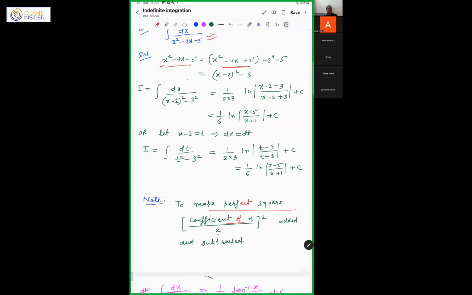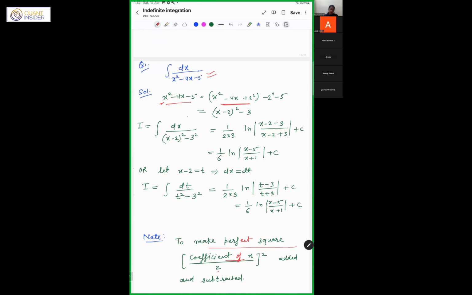So to make a perfect square, what to do? You have to take the coefficient of x, divide by 2, take its half, and square it. That square term is to be added and subtracted to make the perfect square. So what can you see